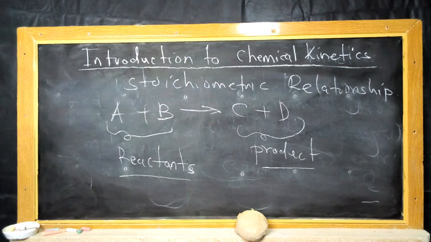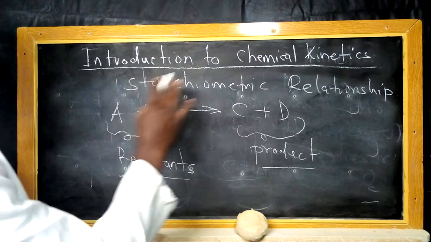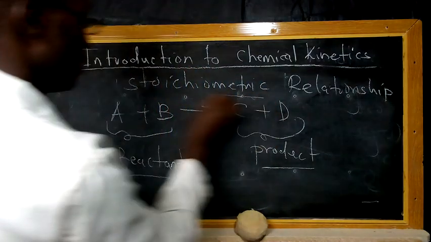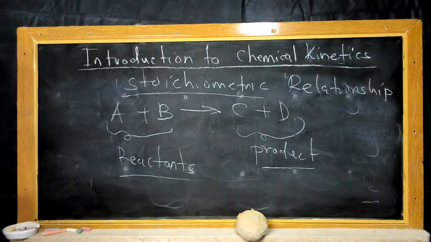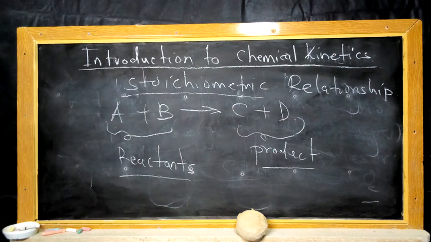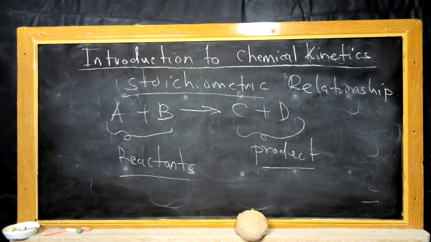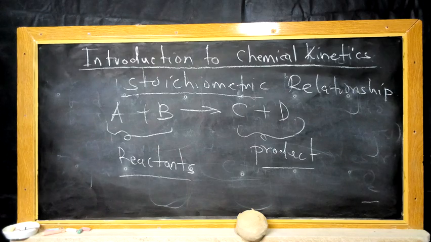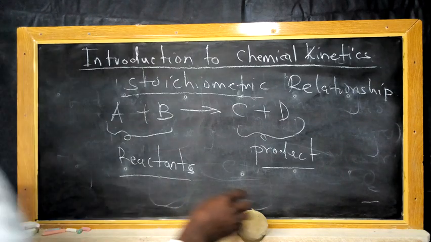In that case, of course, we are going to see some other reactions which are reversible, and how they are being represented, and try to see how we can go around them. So in the introduction of chemical kinetics, it is important for us to study such terms as the rate, concentration, molarity, stoichiometry, etc., so that they will assist us to understand